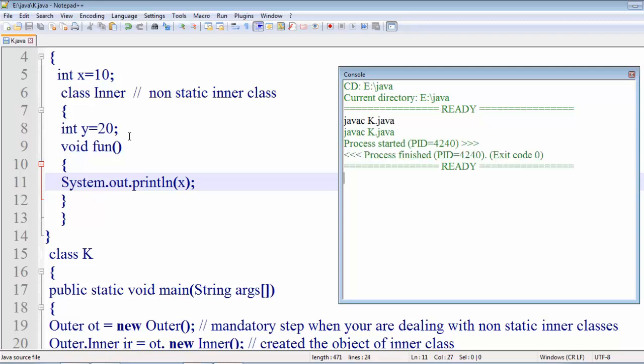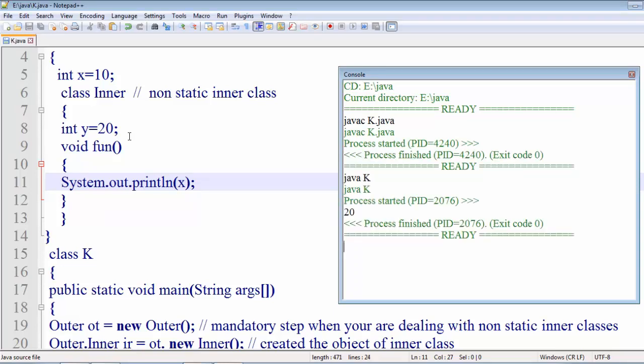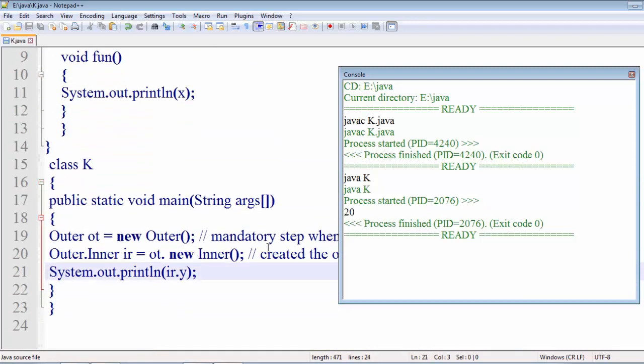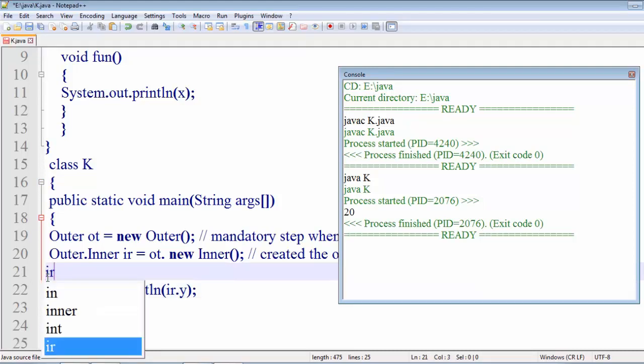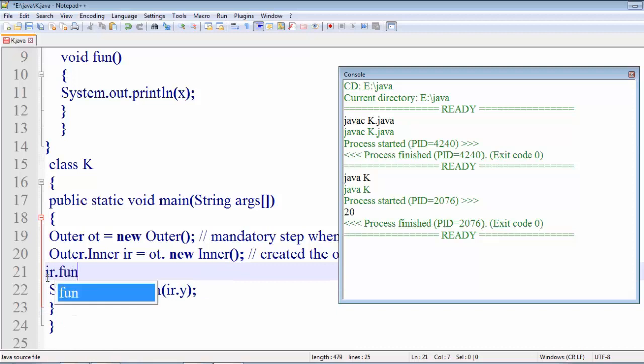It has compiled successfully, and we see the value is 20. We haven't saved our program, I think. We also haven't called this function, so we call it as ir.fun, because this function belongs to the inner class, so the object of this inner class will be responsible for calling this function.